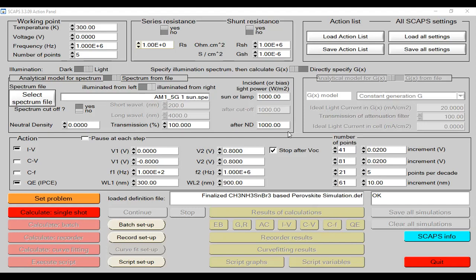Now the second bar is about, as you can see, a lot of other parametric analyses like effect of thickness, defect density, band gap, electron affinity value, and other parameters. One can set any parameter in order to get its comparison over the performance parameters.